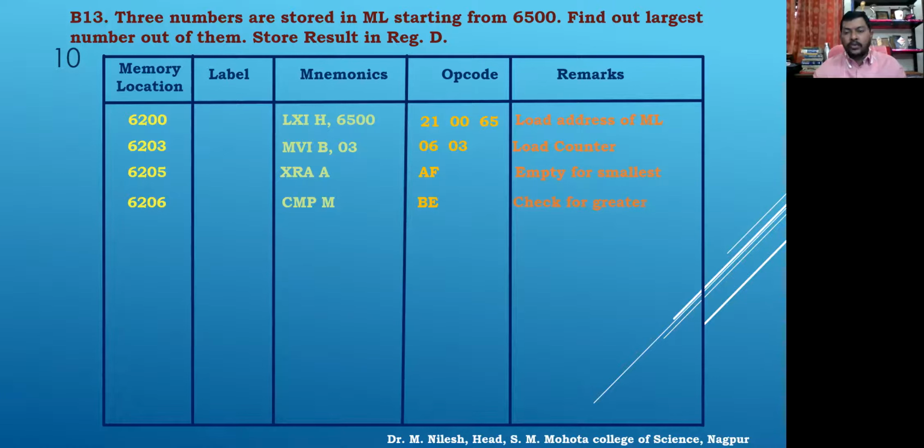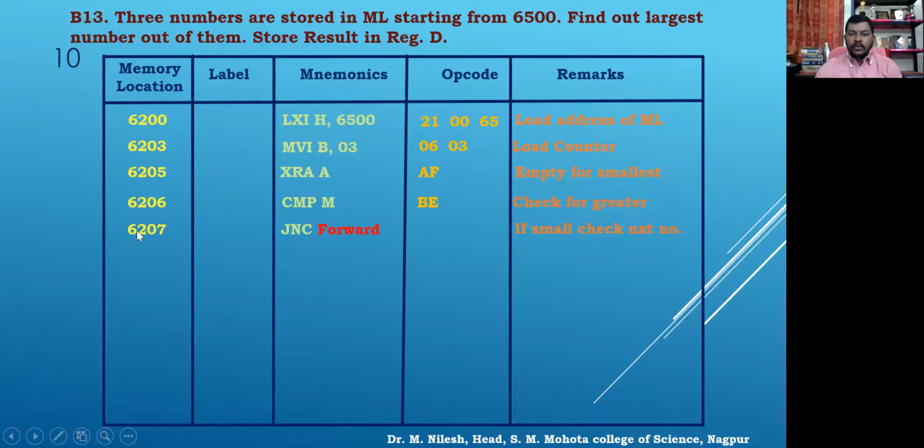So what instruction could I use? We will use jump if not carry, JNC. Why? If there is a carry, it means the carry flag is set, and that means it is a smaller number. If the carry flag is not set, that is reset, then it will be stored in the accumulator. Jump if not carry. I will write the address afterwards because we have to jump in the forward direction, so I have kept this blank for 3 spaces. It is a 3-byte instruction: one is the opcode, the other two are the memory location where we need to jump.